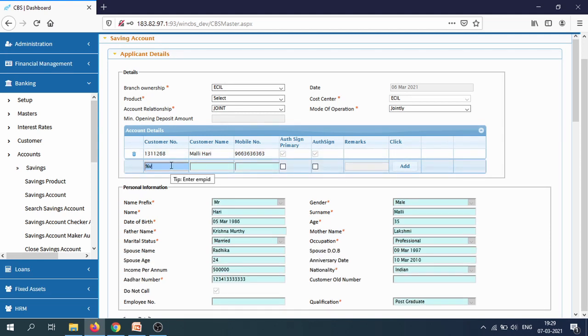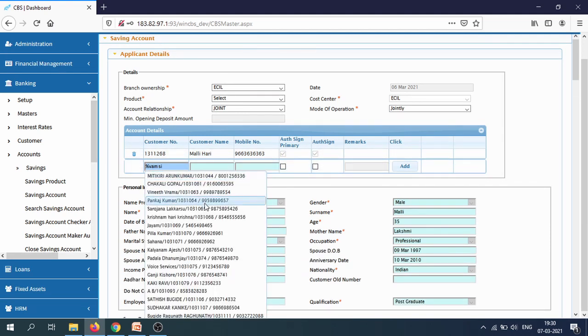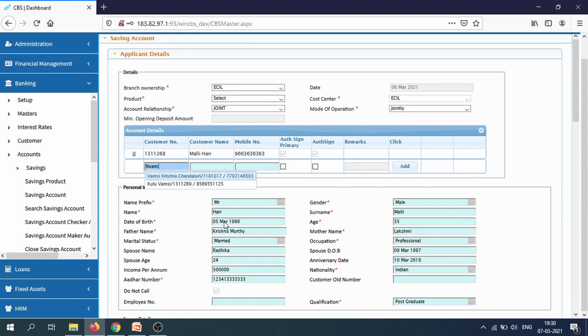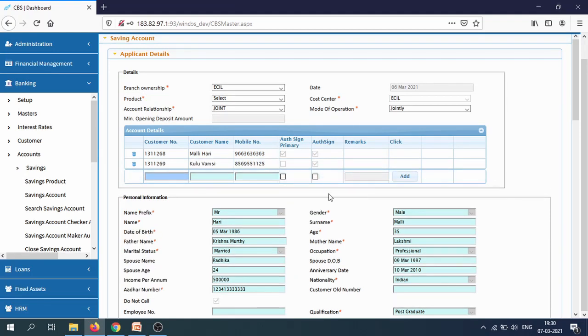Second one, Vamsi. Only one can have a primary, so the other can have authorized signatory. So I have created a joint account for Hari and Vamsi.